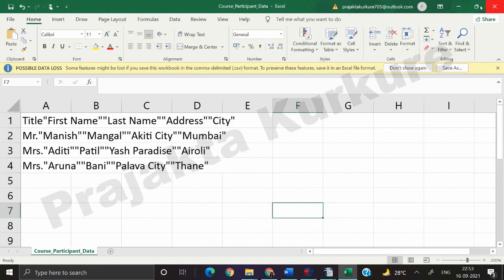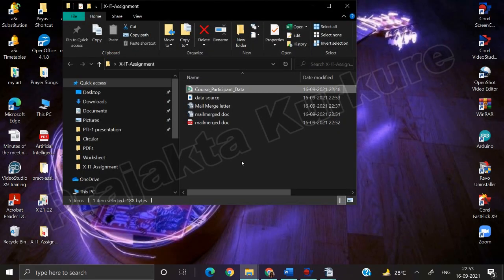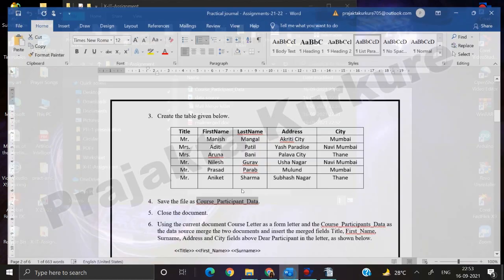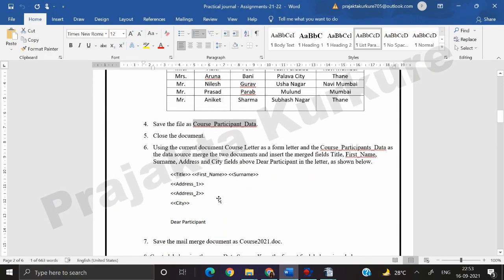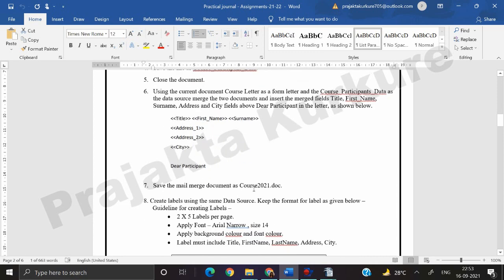Okay, so these two documents you need to save in PDF format, because we need to put these two documents in the final PDF of my practical file. Okay, so this is what we have done with the first part of question C, that is we have created a document with this.